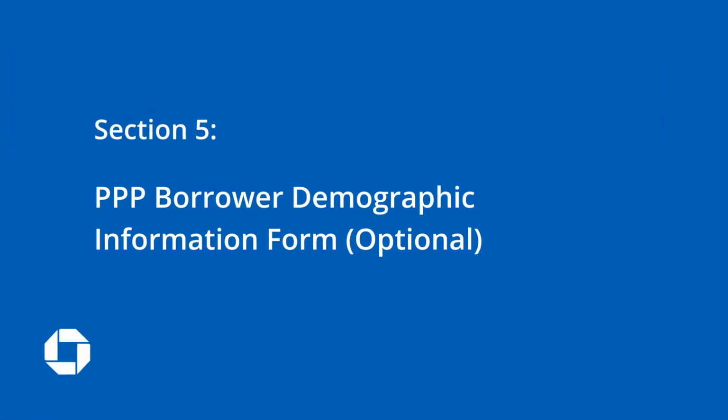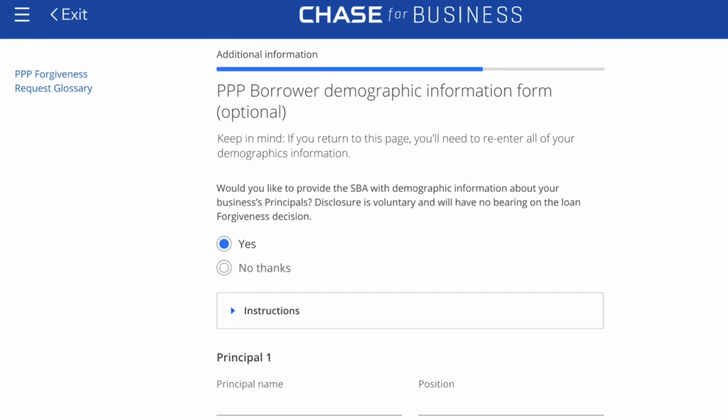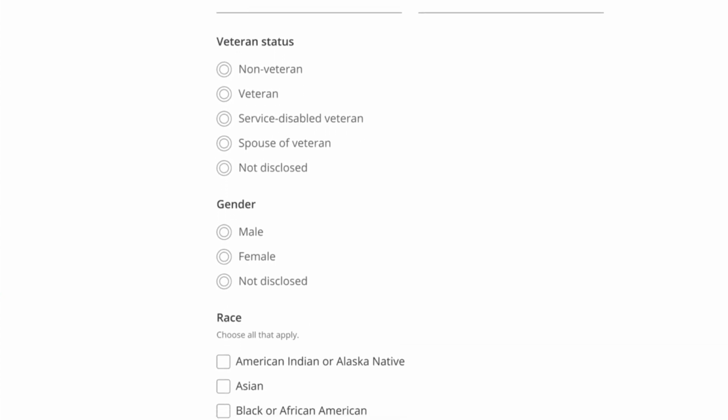PPP Borrower Demographic Information Form. Select yes or no to tell us if you want to provide demographic information about your owners and principals. It's up to you if you want to provide it. It won't have any impact on your loan forgiveness. If you select yes, you'll answer basic questions about your owners and principals. If you select no thanks, you'll proceed to the final section of the request,